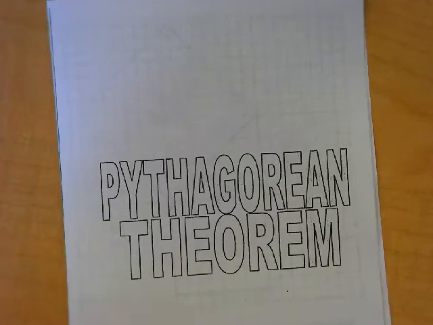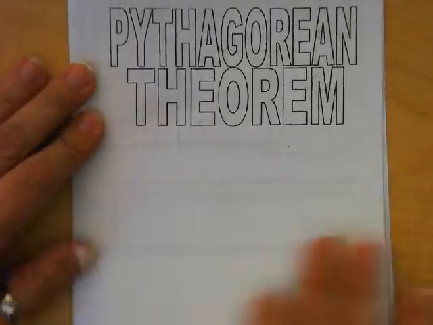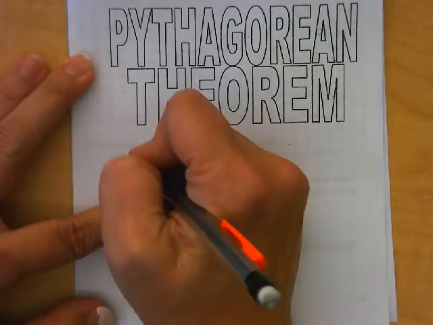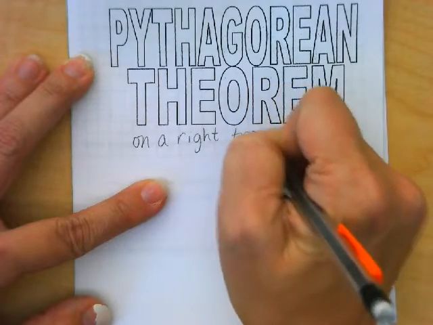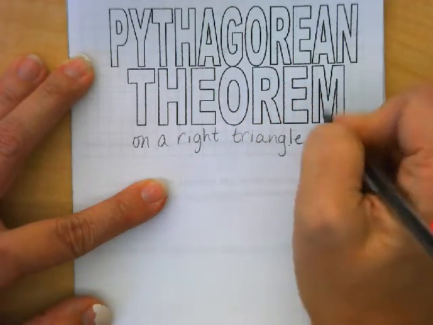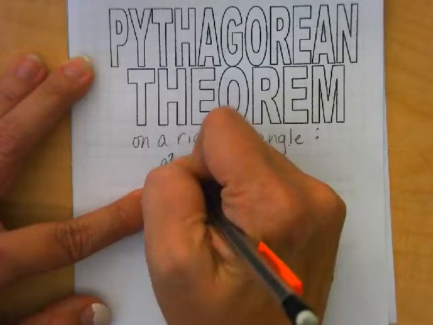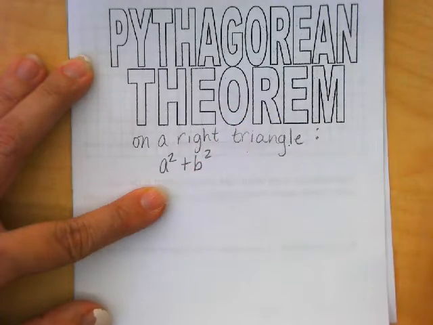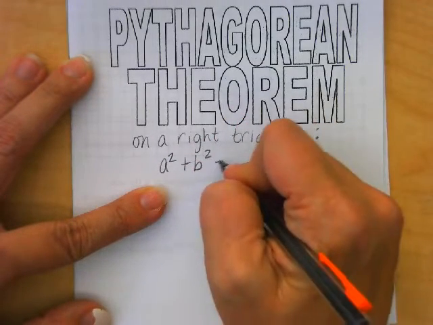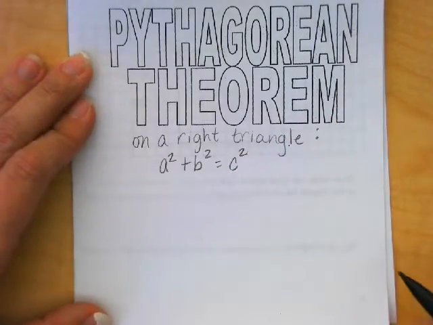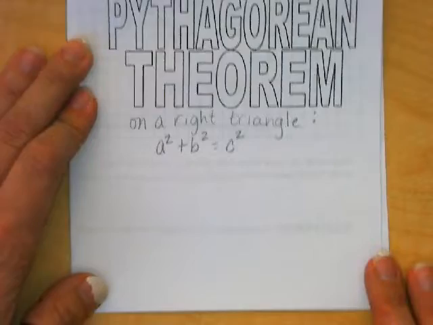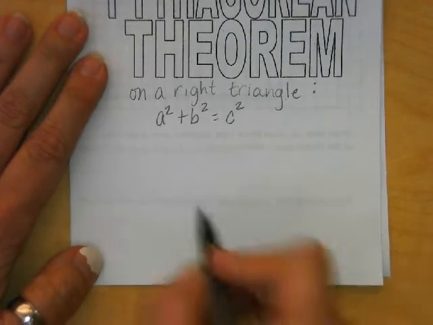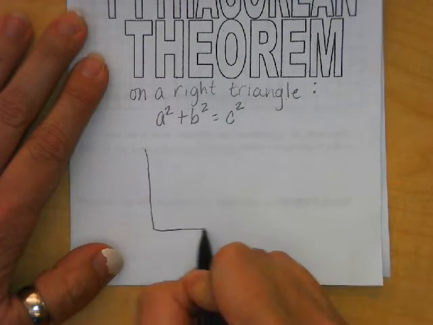Last night you watched that little video on the Pythagorean Theorem, and essentially what it said was that the Pythagorean Theorem only works on a right triangle. And it says that a squared plus b squared, where a and b are the legs of the triangle, we'll draw a picture in just a minute, is equal to c squared, the longest side, or the hypotenuse. Okay? So when we look at a right triangle and we give some names to this vocabulary,